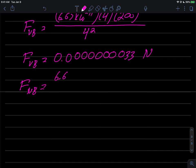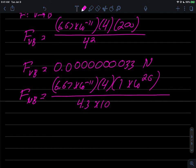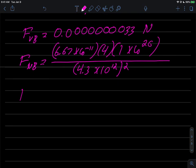So it'll be a very similar calculation, 6.67 times 10 to the minus 11. Again, the baby still weighs 4 kilograms. That doesn't change. But because I'm talking about Neptune and not the ventilator now, this is going to be a 1 times 10 to the 26. So a 1 with 26 zeros after it is going to be that number. This is just a shorthand notation, so I don't have to spill out all those zeros. And of course, you're going to divide this now by the distance that Neptune is away, which is 4.3 times 10 to the 12th, that 4.3 trillion meters. But of course, that has to be squared because it's an inverse squared law in gravity, right? So if I do that, then the force of Neptune on the baby comes out to be